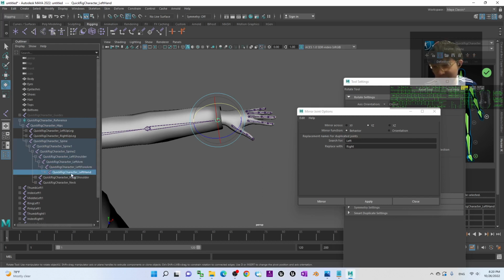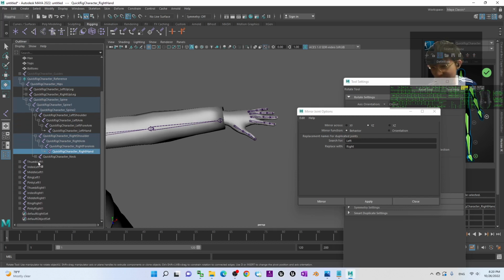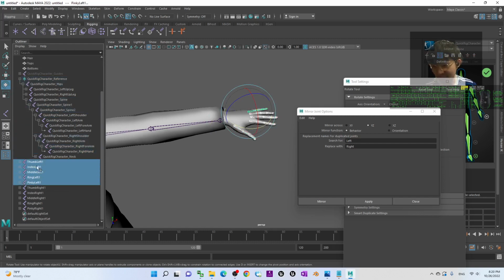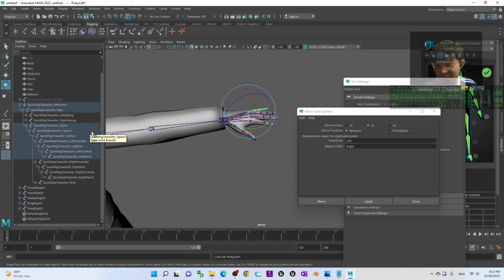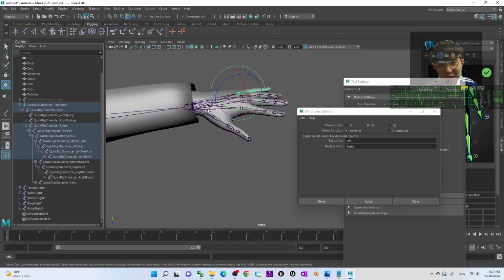Now you can see the left hand is here. Then how about the right hand? The right hand is here. So what we are going to do is just select everything. For all of the left fingers, you click the first one, hold the shift, click the last one. The thumb, index, middle, ring, and pinky. Use your mouse middle button to click and drag it. Drag and drop to the left hand. Done. Then you can see it automatically joined